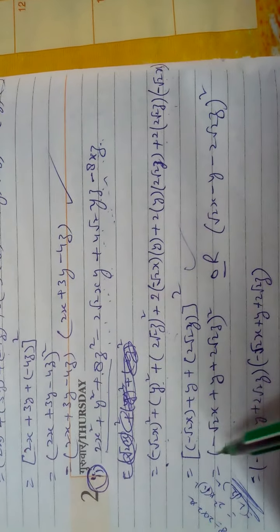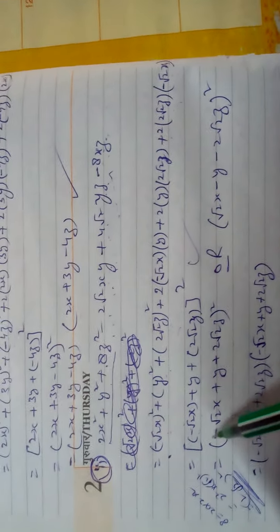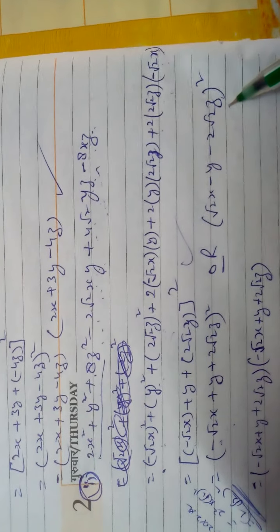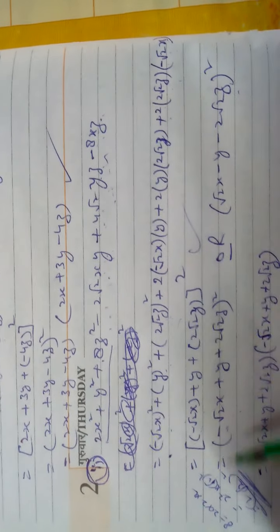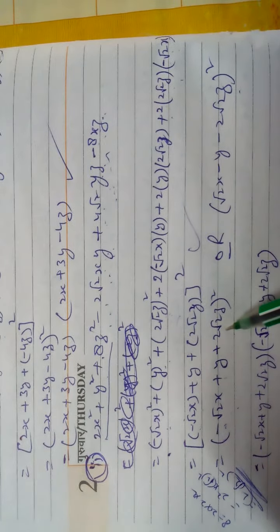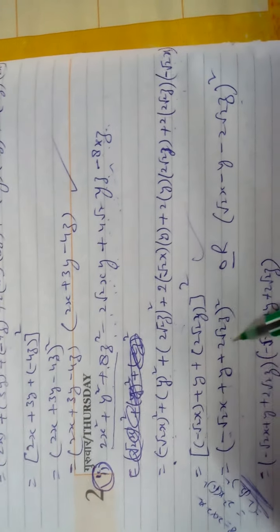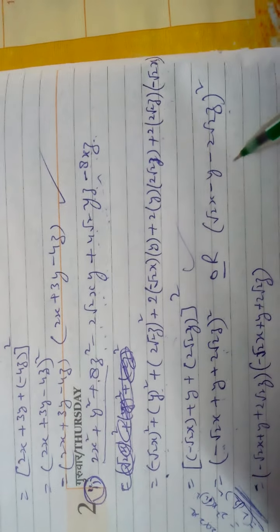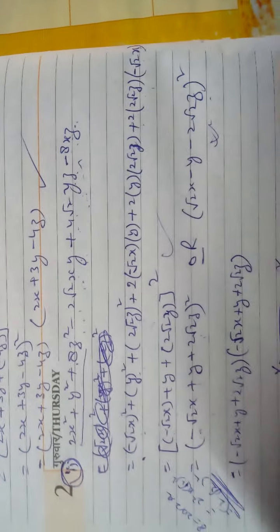But when it is minus, it may be that one is positive, then the other two will be negative like this. Both are correct. Here if it is positive, then these two will be negative. Otherwise these two are positive, only one will be negative. And you write in two brackets. So it is also your correct answer for this question.